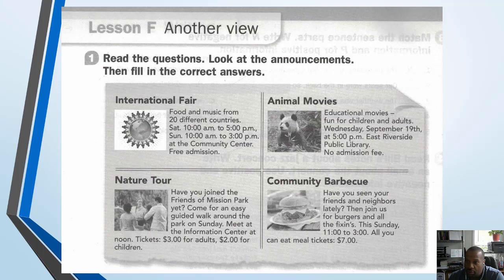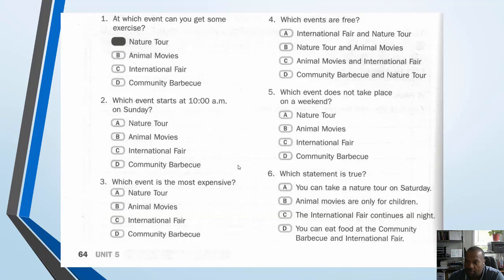And then International Fair, food and music. Alright, so for that reason I chose D. Alright, so these are my answers, and hopefully you got the same. If not, let's go over them. Go over the announcements again and see if we can find these answers.